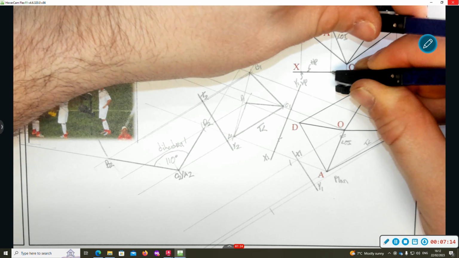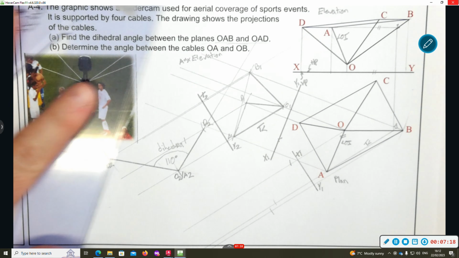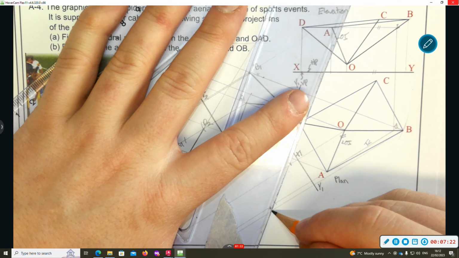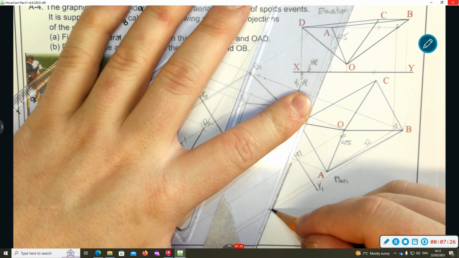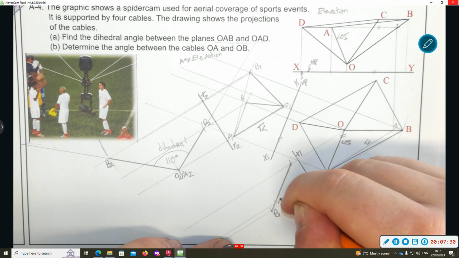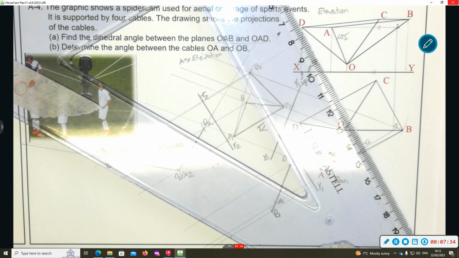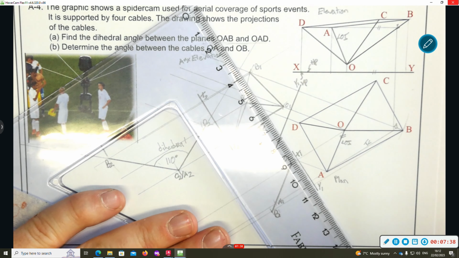These aren't easy to get accurate. If it's done accurately, all 3 points should join up in one line. But it's easier said than done to get it accurately. Okay, B1, A1, O1. Now I'm going to draw a line parallel to the X1, Y1 line